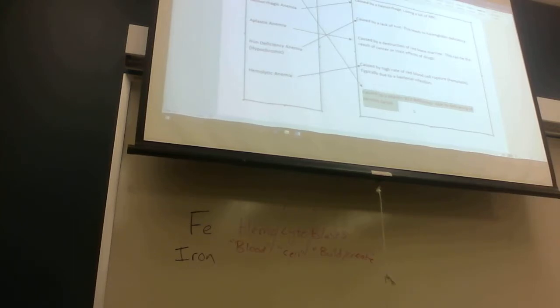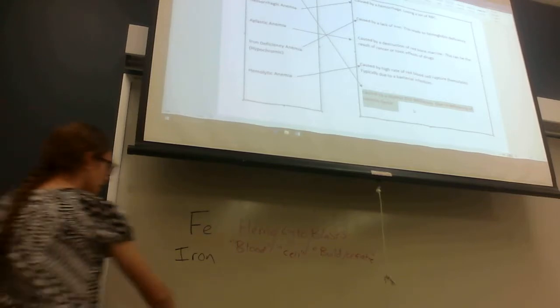Another thing. Overall, anemia means loss of blood. Yeah. So in Latin,